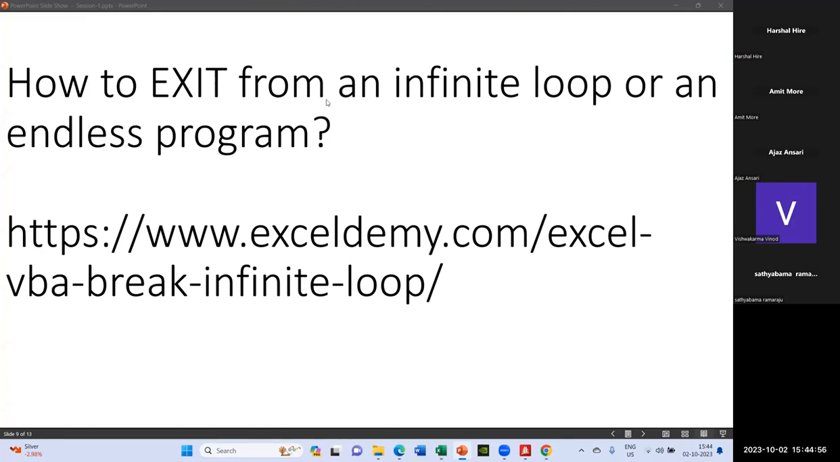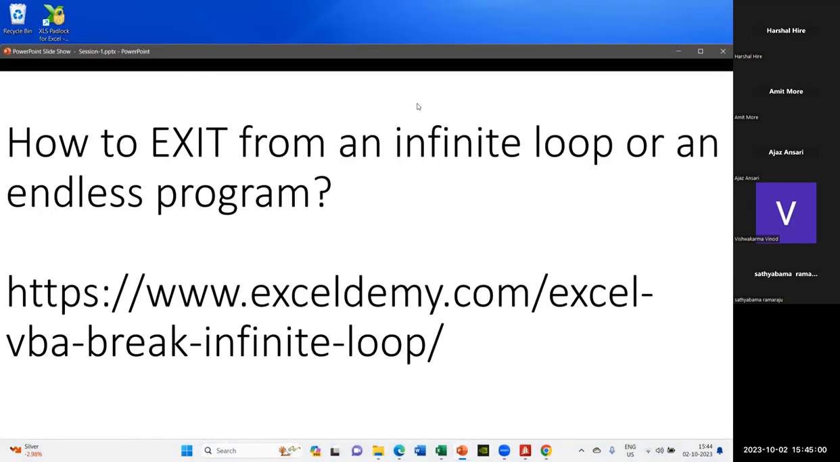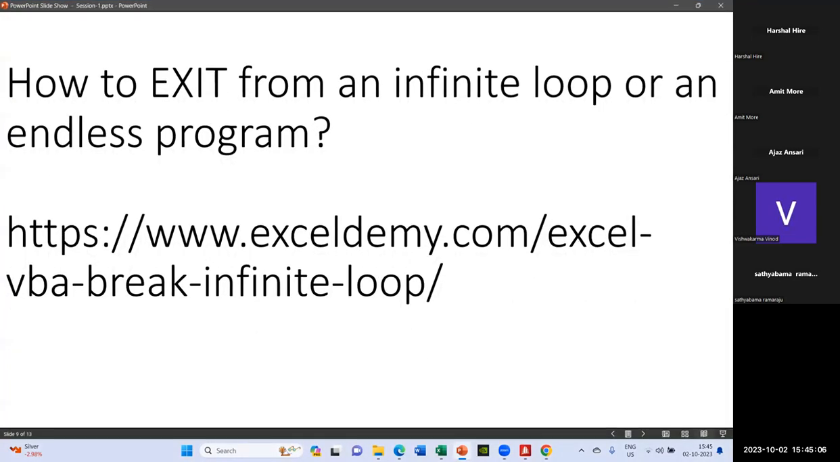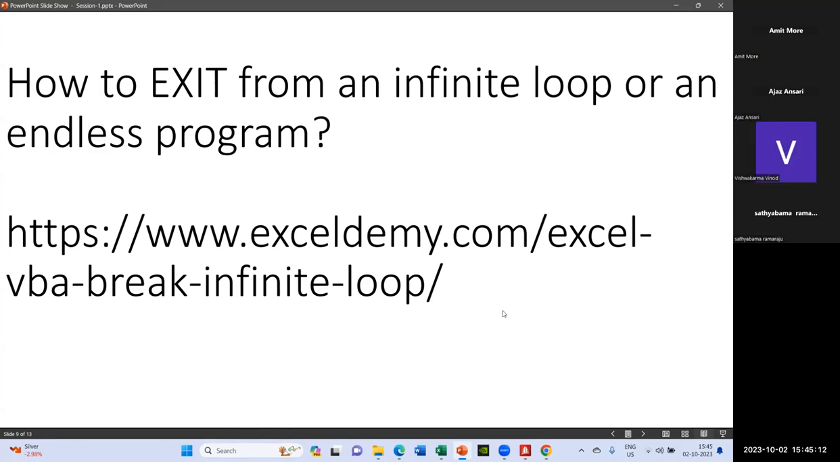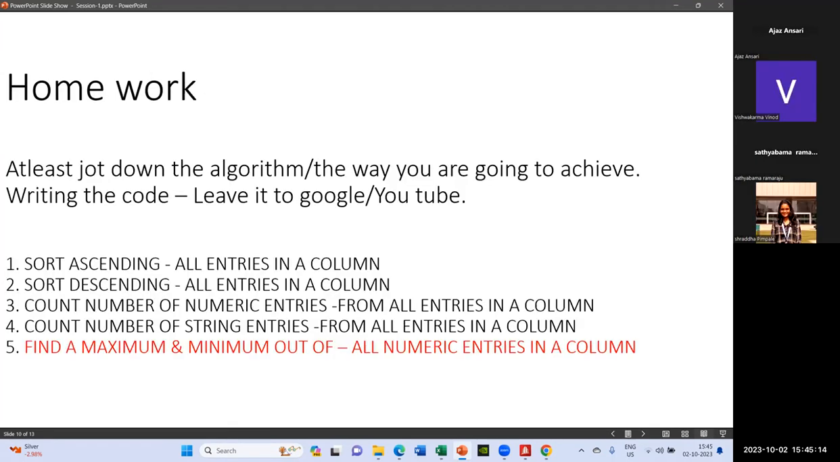So we have seen how the infinite loop can be ended and how the infinite loop can happen when we are doing any program. So any logical error will lead to an infinite loop. So the next slide is